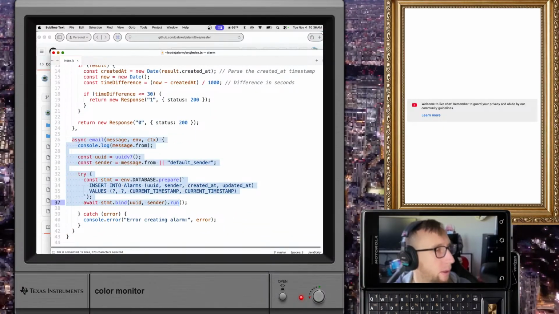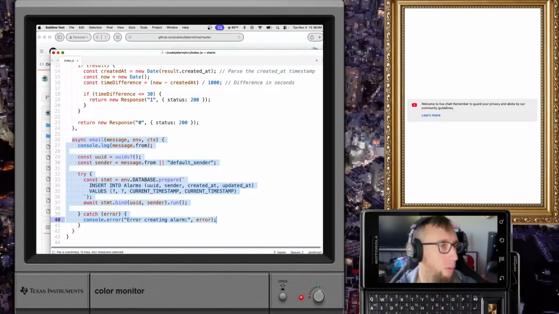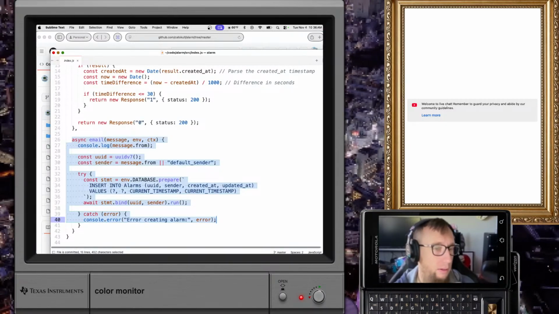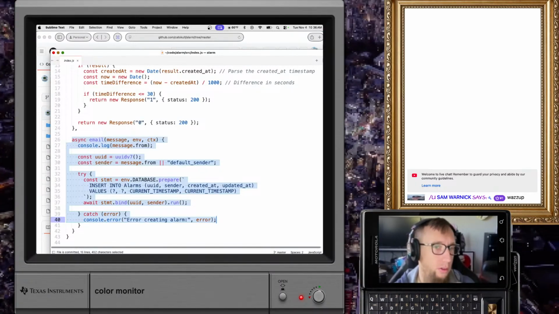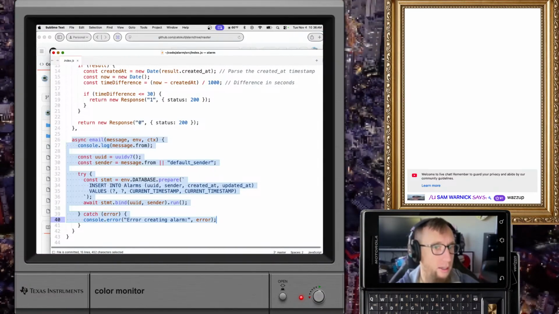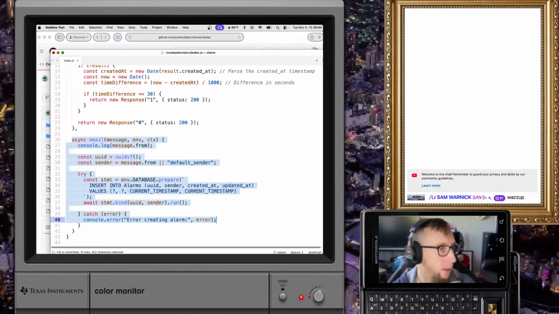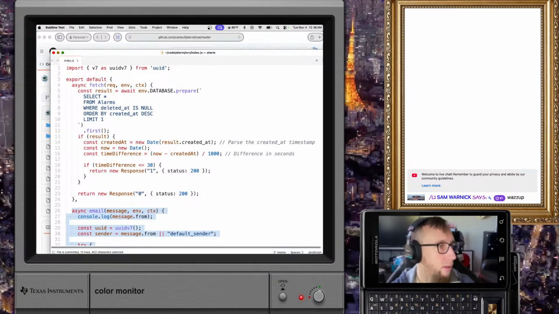So I set up an email hook. If you're not familiar, Cloudflare Workers can respond to an email. I don't know how else to say that. You set up a special email address, and then it'll connect it to your Cloudflare worker and run some stuff. It's pretty cool. I don't think we'll be able to use this though.